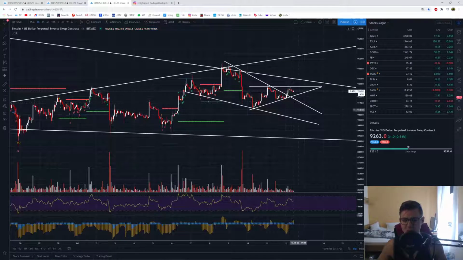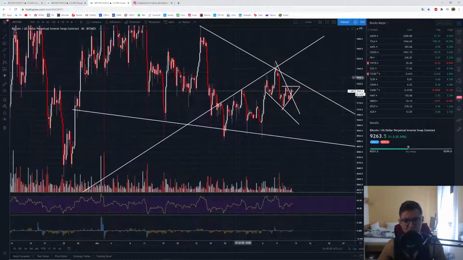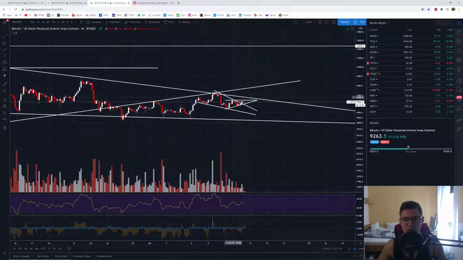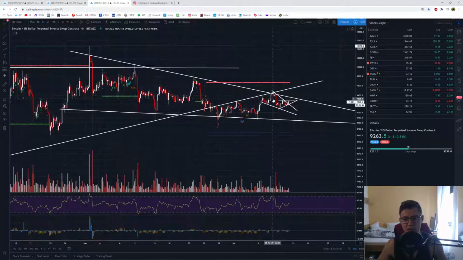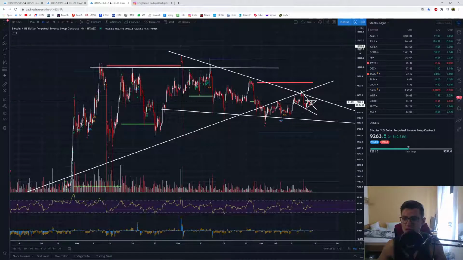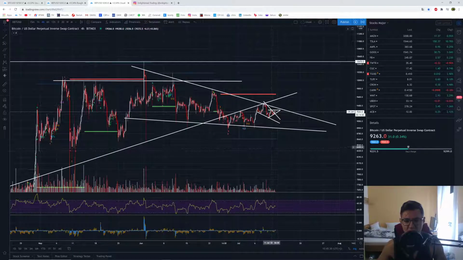But these would be the things I would look out for currently. So these are the 4-hour time frames, and of course, if we really confirm this ascending triangle, or if we just break out, then I would expect a breakout of this trend line and then a move back up to 9,460 for a retest of this high, and maybe even further upwards price action,